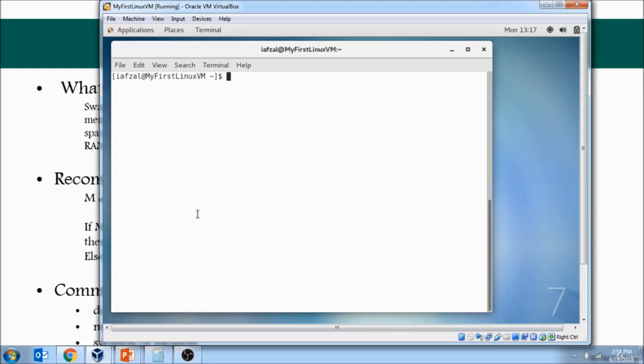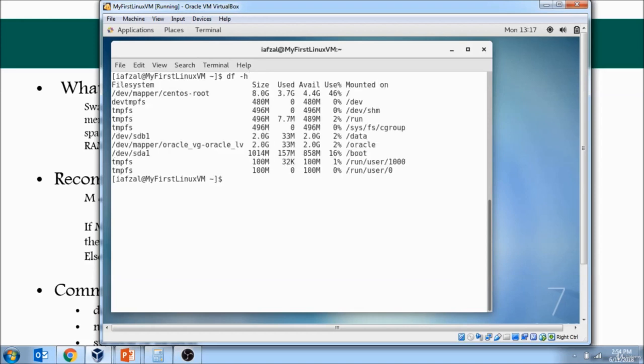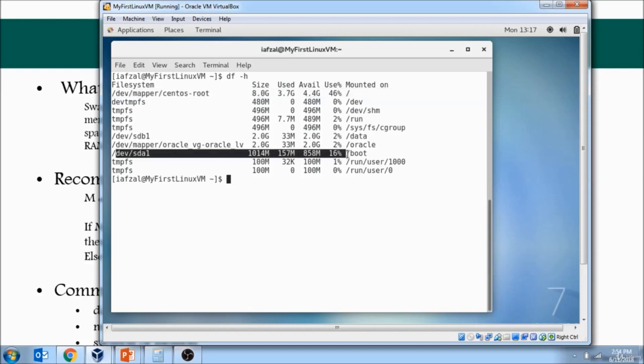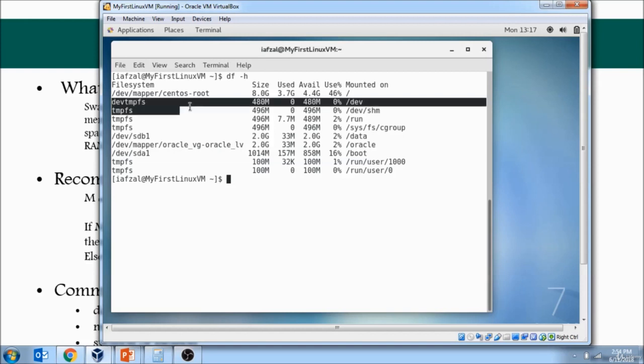Now, before we get into swap, I want you to run the df -h command. In this command, you will get the entire disk space partition, right? Your file system has a total size of 10 gig. So 8 gig is assigned to root, 1 gig is assigned to boot, so that is 9. So where did the 1 gig go? That 1 gig is actually assigned to swap space. So that swap space plus the 1 gig is its own physical memory. So if you add these up,